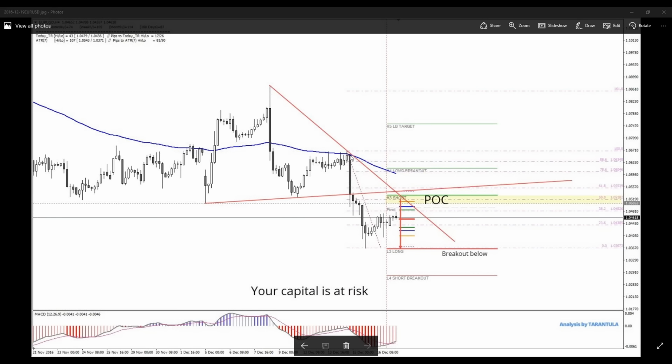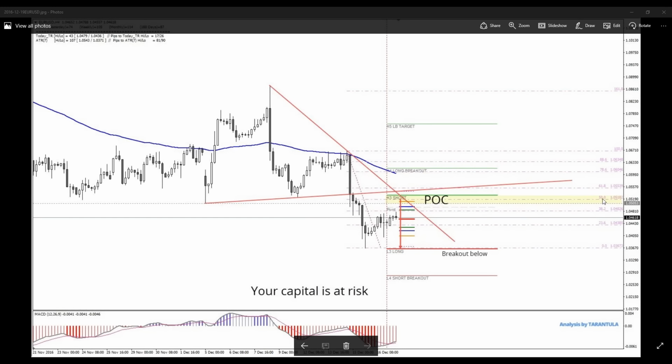Then it made a swing, guys. Watch this. High, low, lower high, lower low. This should be a lower high, right? If this would actually be a lower high, then we would definitely sell. I mean, I would sell. And here within this POC zone, I expect the price to reject.